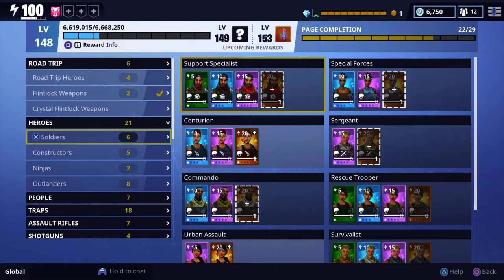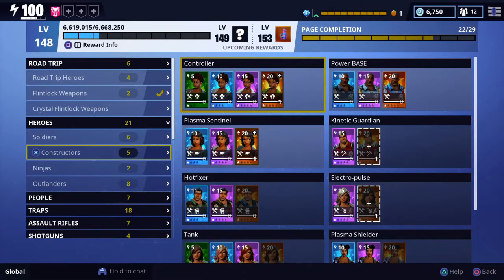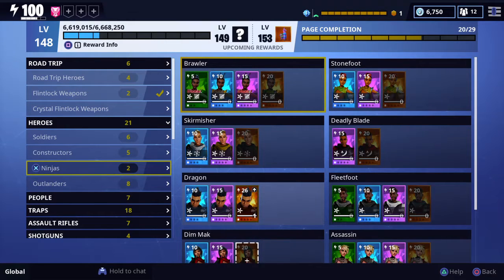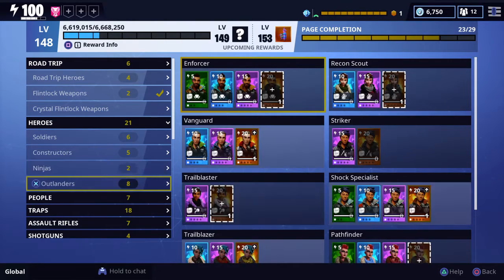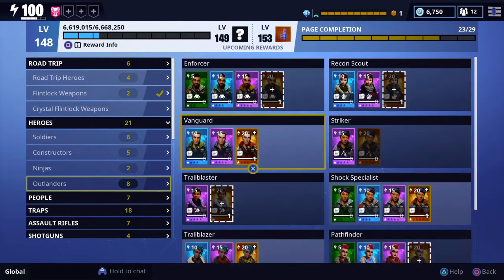So with that in mind, soldiers and ninjas have technically the highest resistance, followed by the outlanders, and then constructors last. Outlanders do see combat. Constructors are not really meant for combat. Soldiers and ninjas are meant for pure combat. They did a little bit of changes around the heroes. They added the trailblazer. They have the gunblazer. Those are considered fighting outlanders because they have more abilities for fighting, like the enforcer,